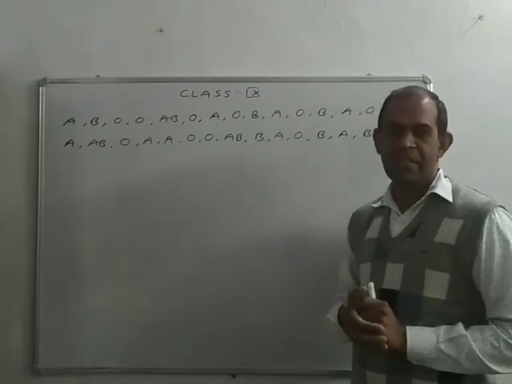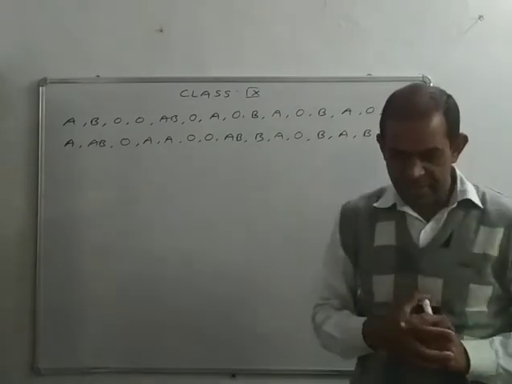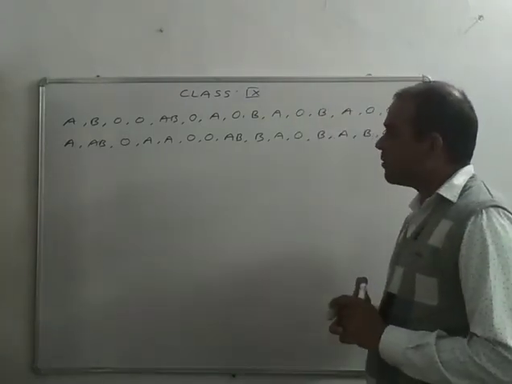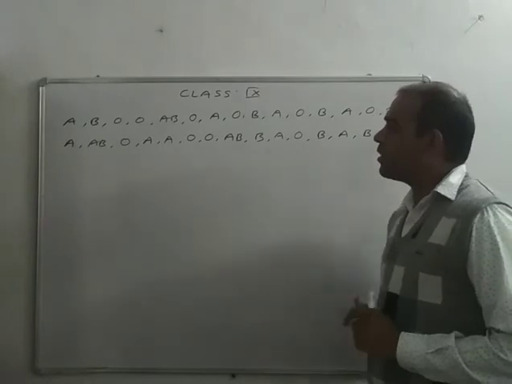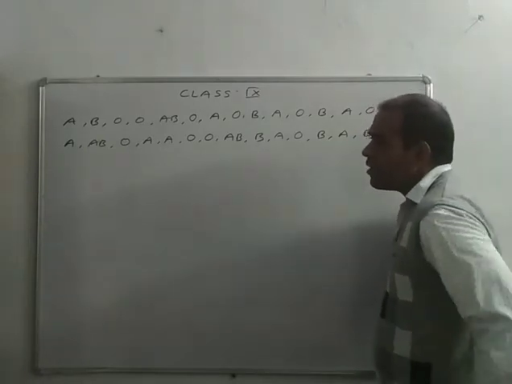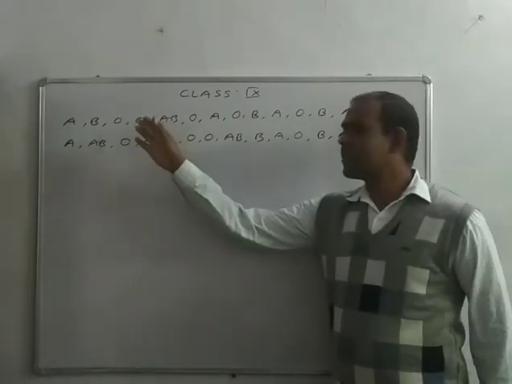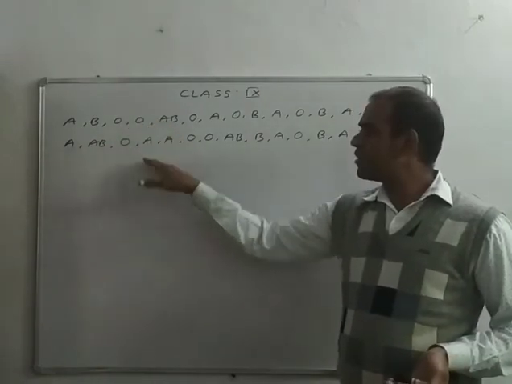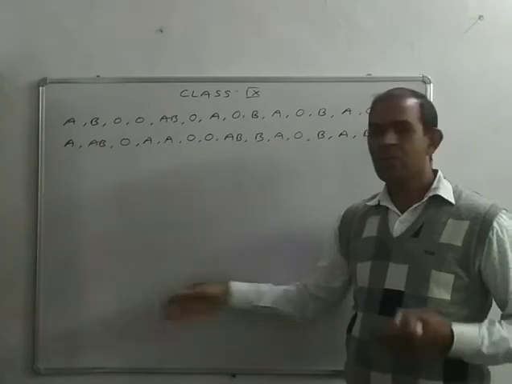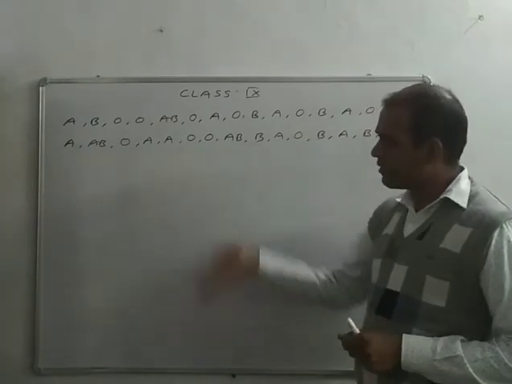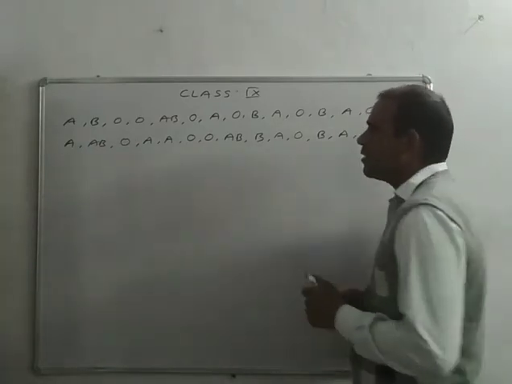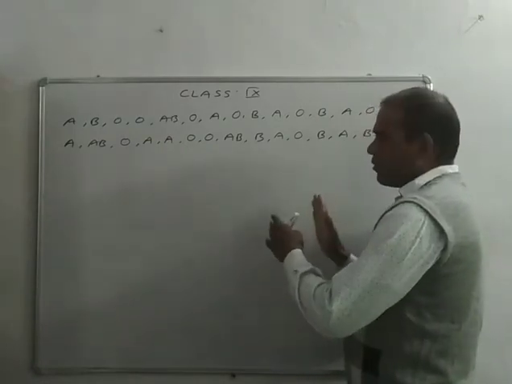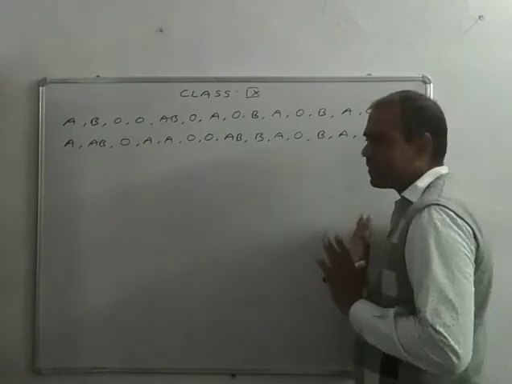हमें इसको टेबल के अंदर प्रॉपरली अरेंज करना है. तो कंस्ट्रक्ट अ फ्रीक्वेंसी डिस्ट्रीब्यूशन टेबल. In the frequency distribution table, our first column is related to the data. The data here is blood group, so the first column is blood group. Sometimes marks are given, then we should write the marks. Here: blood group, tally marks and frequency.